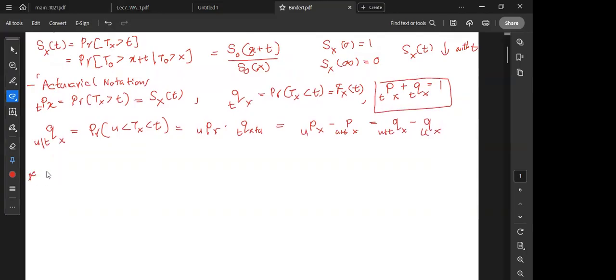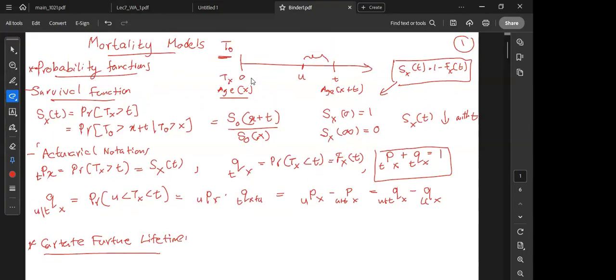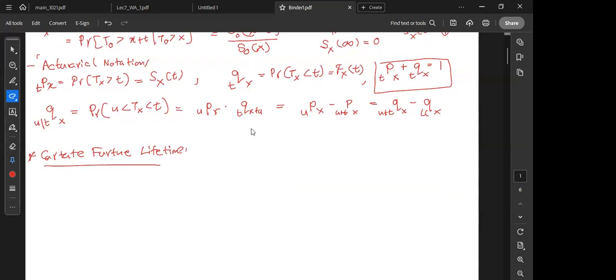Now we can move to current future lifetime. In this case, in here I said this Tx is the time to death and it is a continuous measurement from 0 to t. In the current case, which is the most practical one and familiar one to us, we are measuring the future lifetime in discrete measurements, like start from 0 and 1 and 2 if it is annually, and the